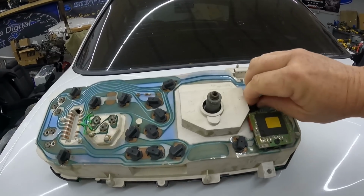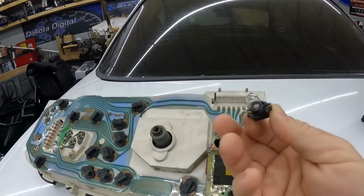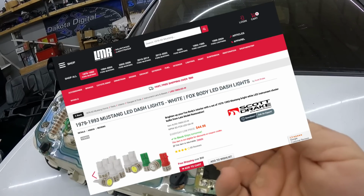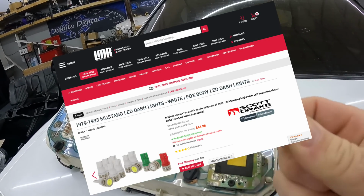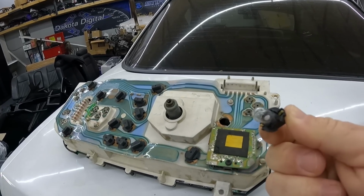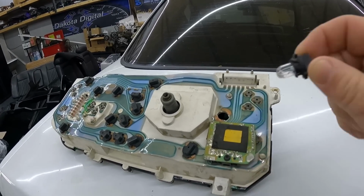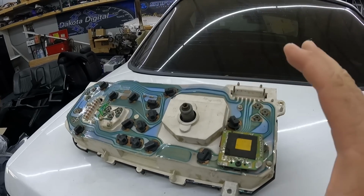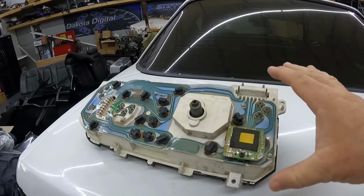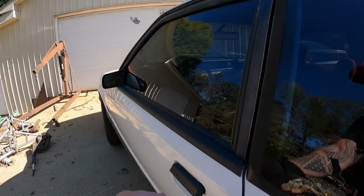Also, if your bulbs go dim or burn out, you can replace them with LEDs. That also makes the cluster a lot brighter. These things are notoriously dim from the factory, especially if your voltage isn't all that great in the car. So those are just a couple of ways you can upgrade your factory cluster if you're just dead set on using it. All right, number 3,